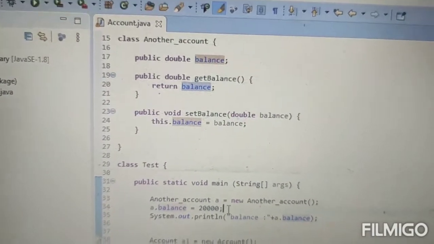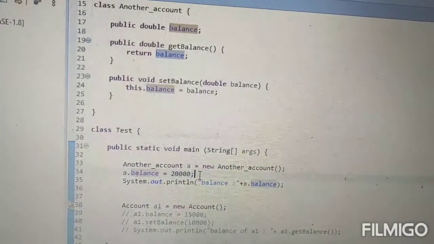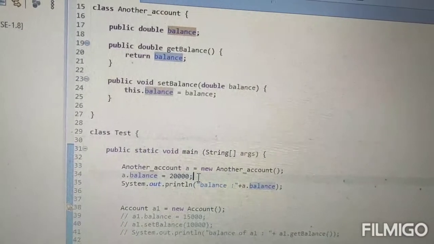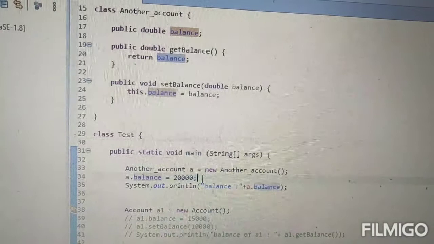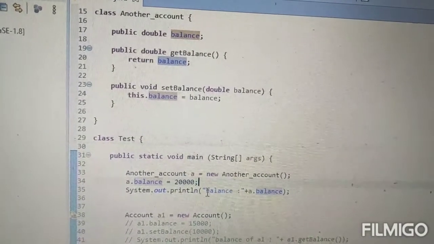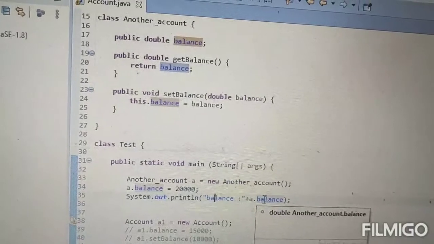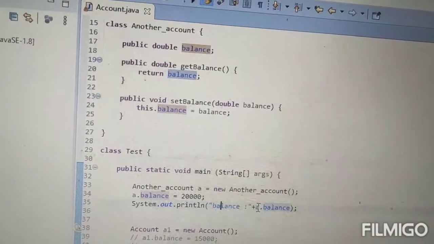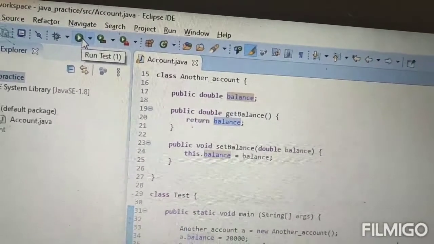You should design your application in such a way that outside your class no data can be changed. If you try to print a.balance, you are directly accessing your data member through your object.